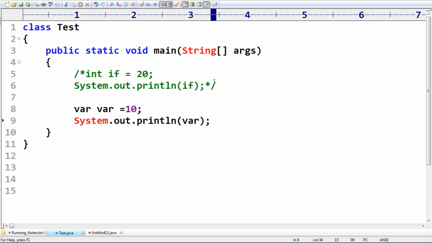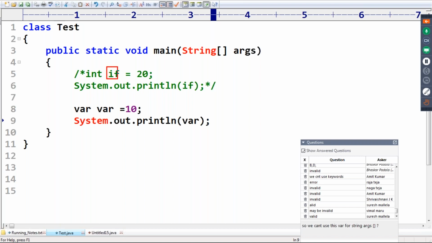Remember, 100% this one is valid. The reason is, listen carefully. If is a keyword which is required at compile time and at runtime.